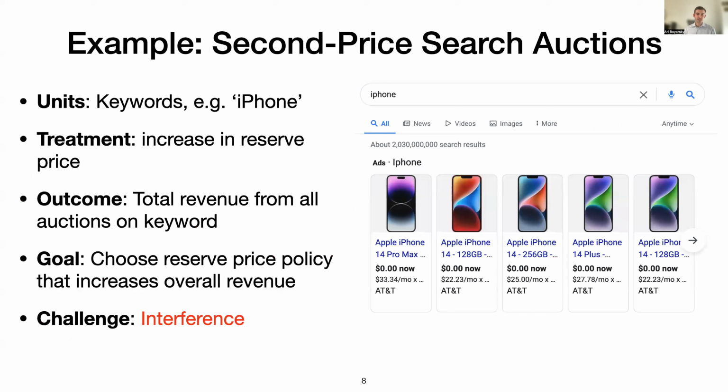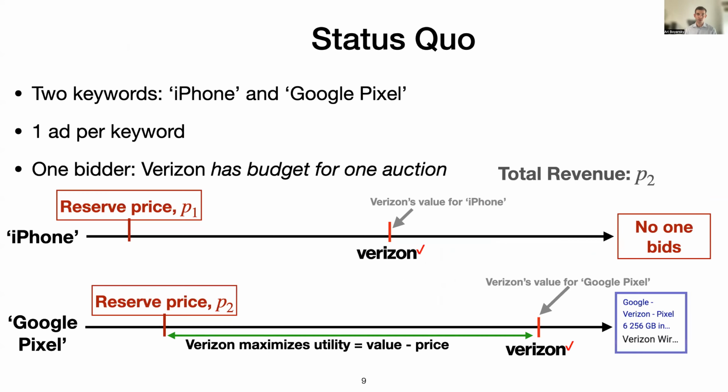To motivate this and make things more concrete, I want to give an example using second price search auctions. We want to test whether a particular policy for choosing the reserve price in these auctions is actually increasing overall revenue. In this case, our treatment Z will be an indicator of receiving the pricing policy, and Y will be our observed total revenue from an auction. As we will see, even though our Z can be randomly assigned, we can still have problems in trying to estimate our treatment effect if there's interference or spillover effects.